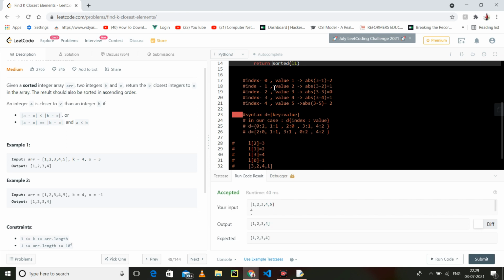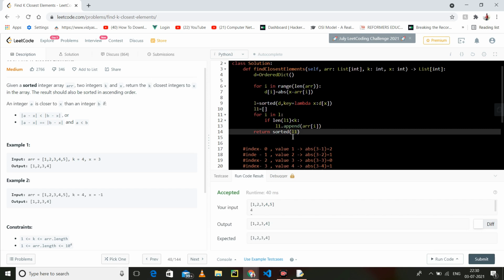Just fetch the indexes of those with less absolute difference, meaning those closest to x. You have already stored the index in the dictionary, so you can go to that index and take the values. These values may or may not be sorted, but the question says we have to return a sorted array. That's why we return the resultant array sorted.